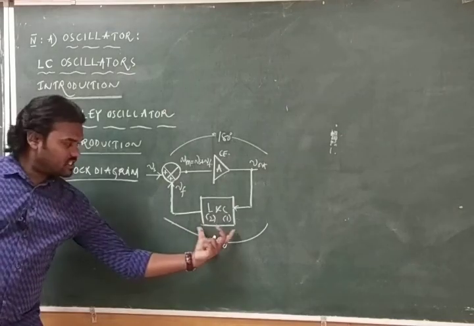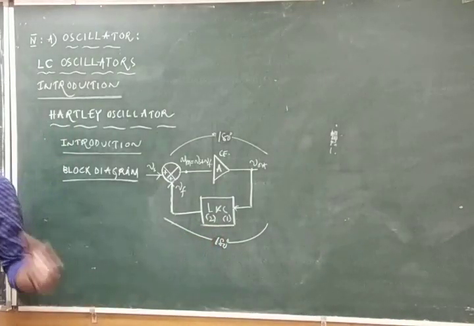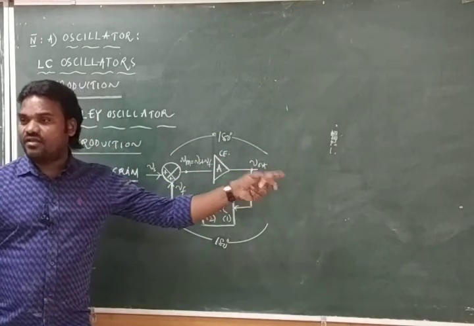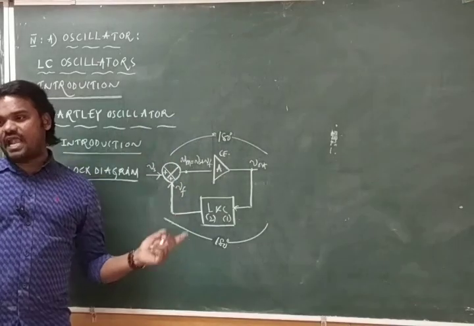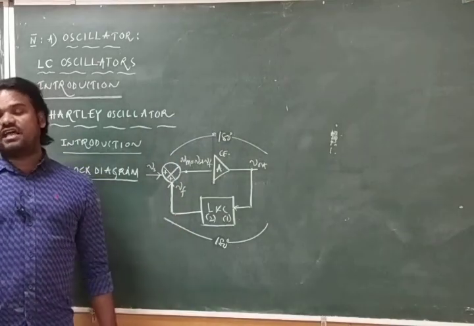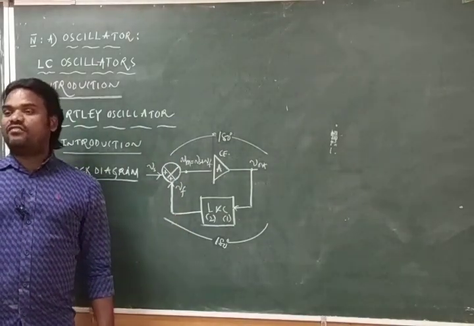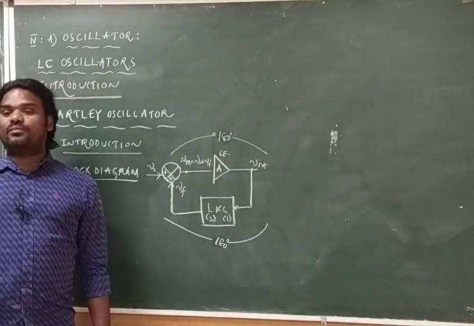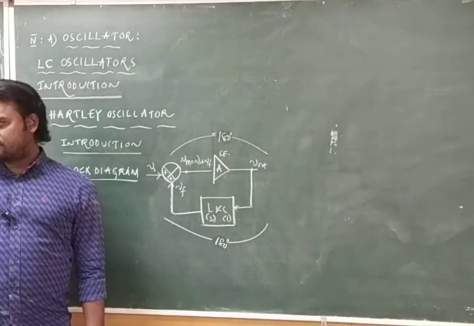Positive feedback is only able to provide 180 degrees. The amplifier section will provide one more 180. 180 plus 180. And the point is clear that in the Wien bridge oscillator, the feedback network alone is not able to provide the phase shift.